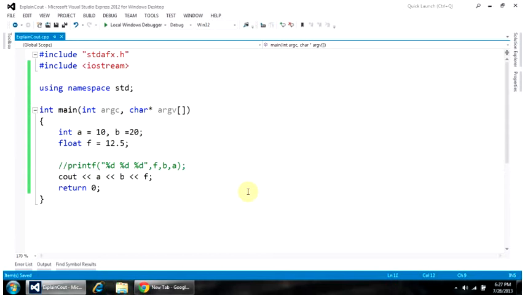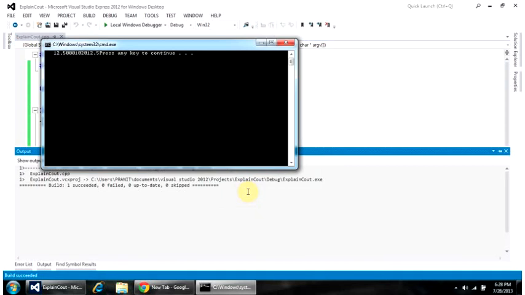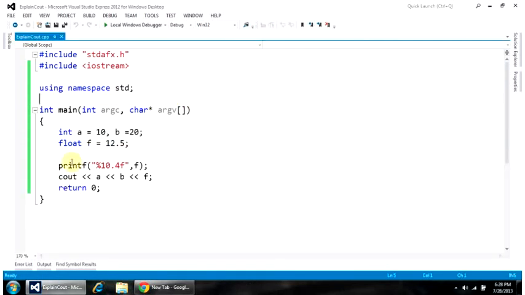Few more things you can do with printf, like say it's a float, and you want the width of your number to be 10 and precision to be say 4, and you are printing that number. You can do this type of thing with printf. Yes, you can see that. Okay, I need to comment this out because it is interfering with my output.